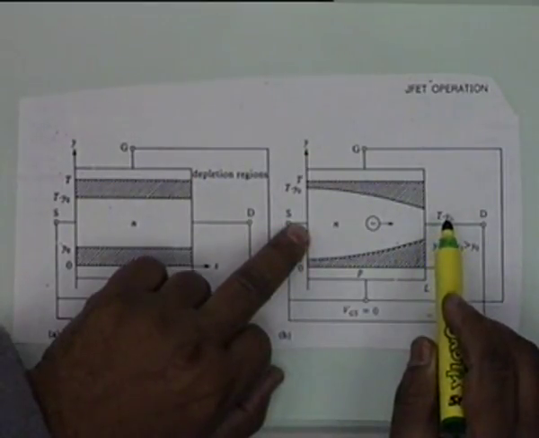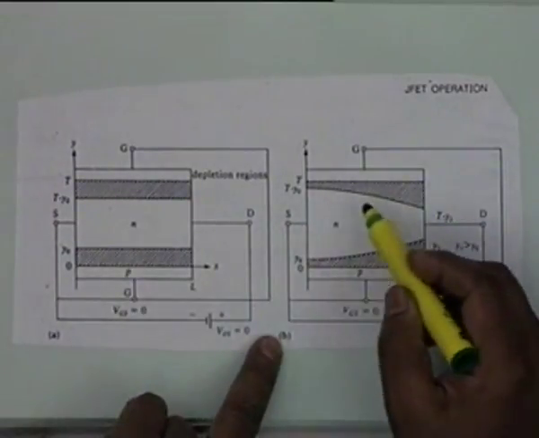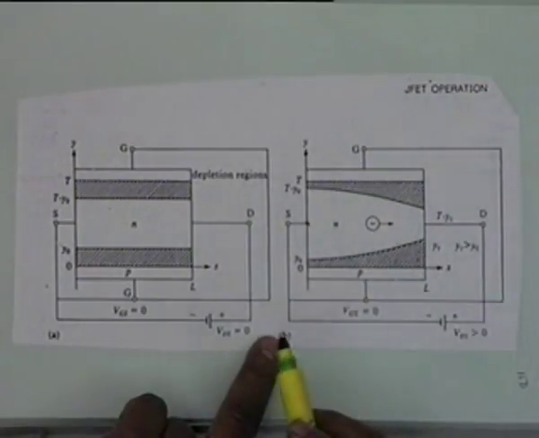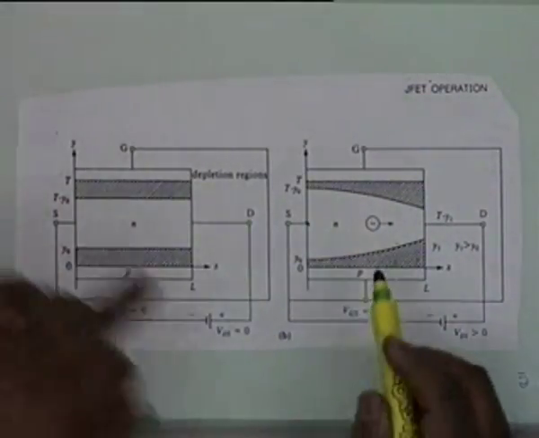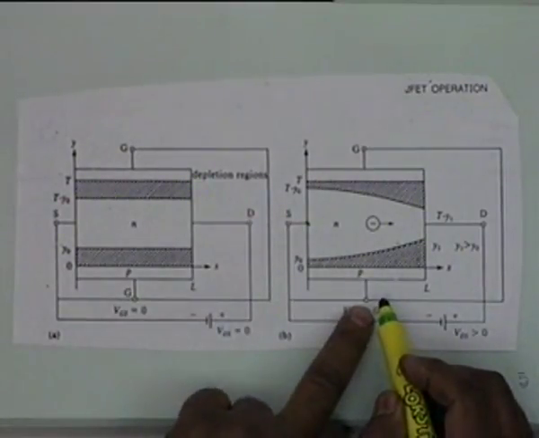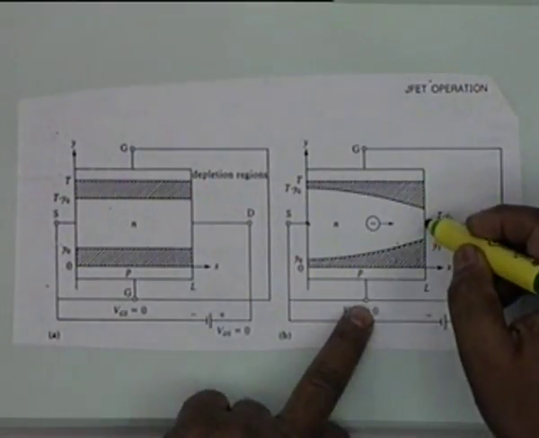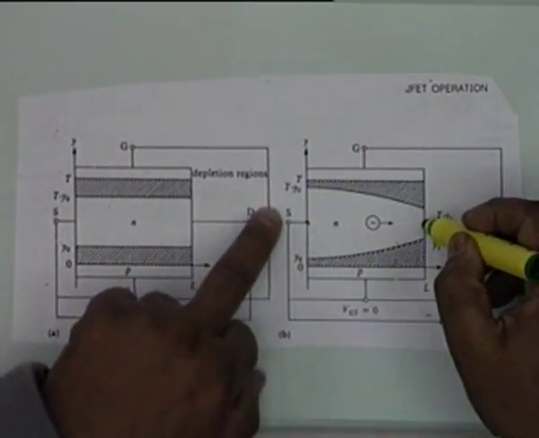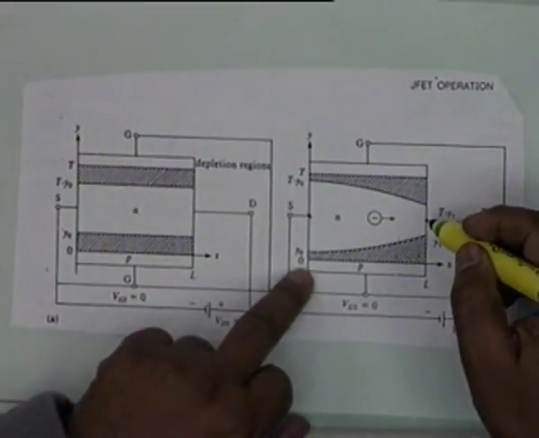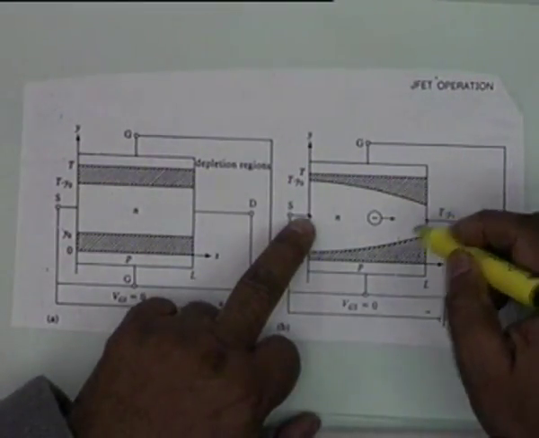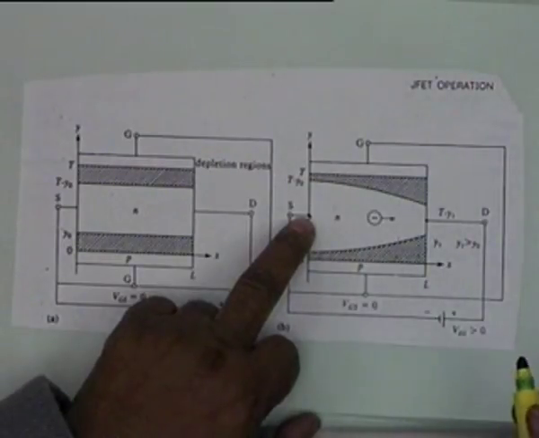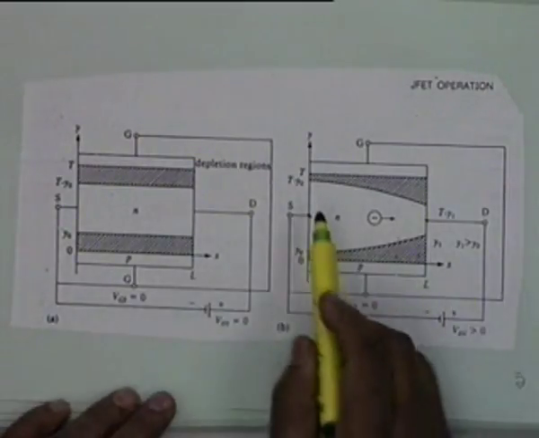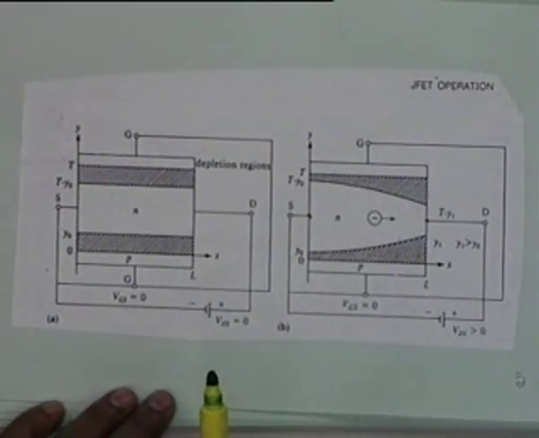No, that's not clear? You see, let's take this end. At this end, what is the difference of voltage between the n-type and the p-type material? 0. Isn't that right? Because VGS is connected here. And at this point it is the highest. At this point it is VDS. Therefore the bias goes from 0 to VDS along the length. So it continuously increases, and since it's a resistive material, mostly this increase is linear. But the depletion region becomes curved like this.